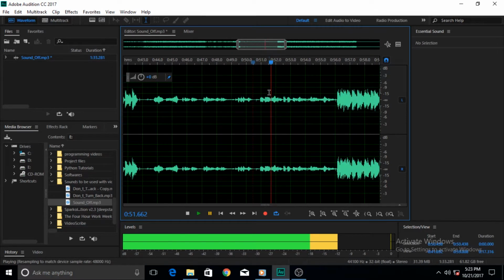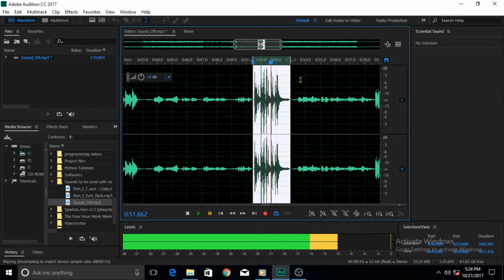Now the other way is that you can totally delete this portion, but the effect of that would be that it would reduce your audio waveform size. That is acceptable in this case because we have just recorded our sound here. But if, for example, you have brought in a sound from another application like Adobe Premiere Pro and it has video with it, and then you remove a certain portion of the audio, that will reduce the size of the audio.